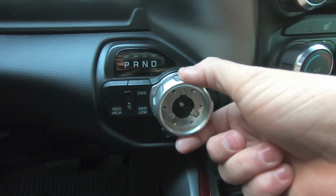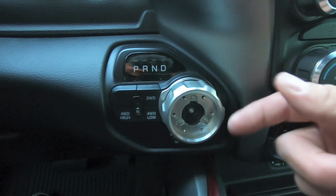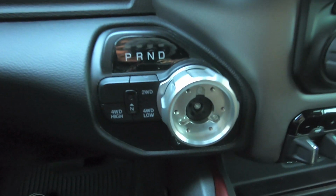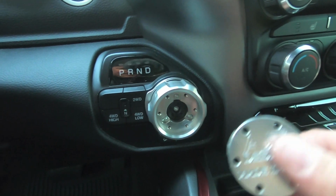Alright, so the shift knob itself is completely installed. You don't got to get crazy tight with these things. Again, it's just going into plastic, just enough to hold it in place. Looks good, fits perfectly. So now the last thing we got to do is take the center cap, which has